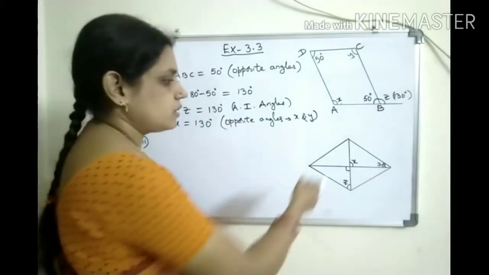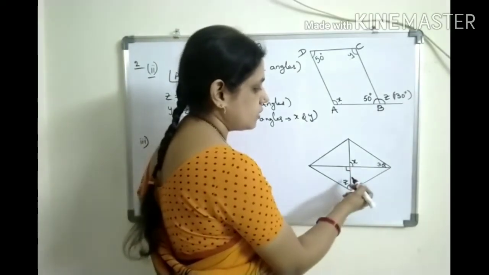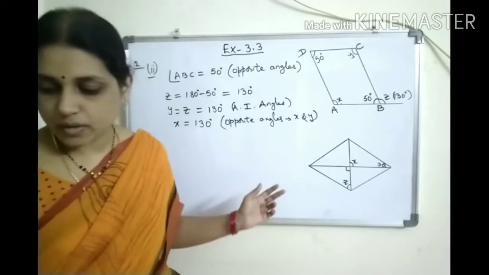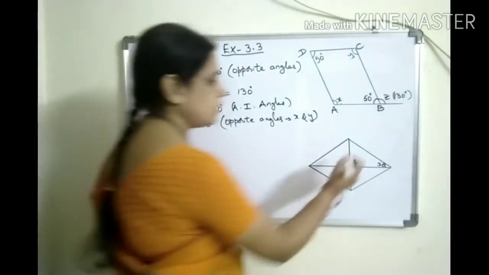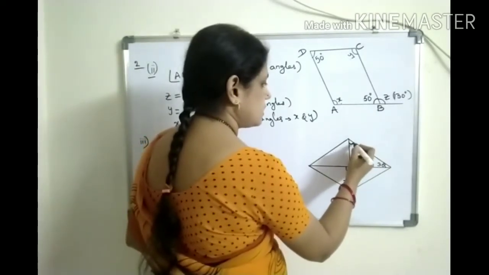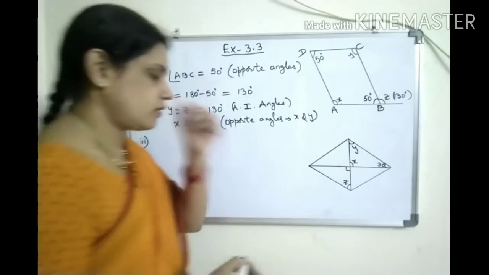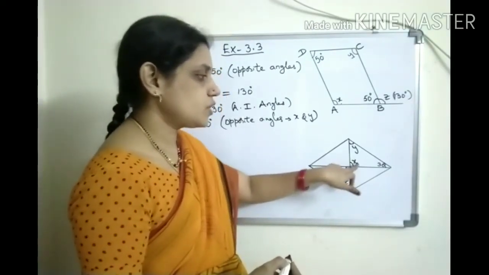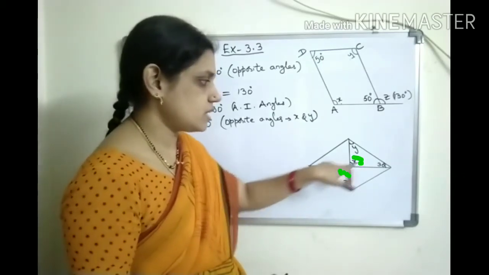So here, coming to this figure. Now here Z is 30 degrees. Okay. Now these you have to find out. Here Y is also given. This one, Y also you have to find out. Now X, Y, Z you have to find out here. So here if it is 90 degrees, what should be X? These two are vertically opposite angles.